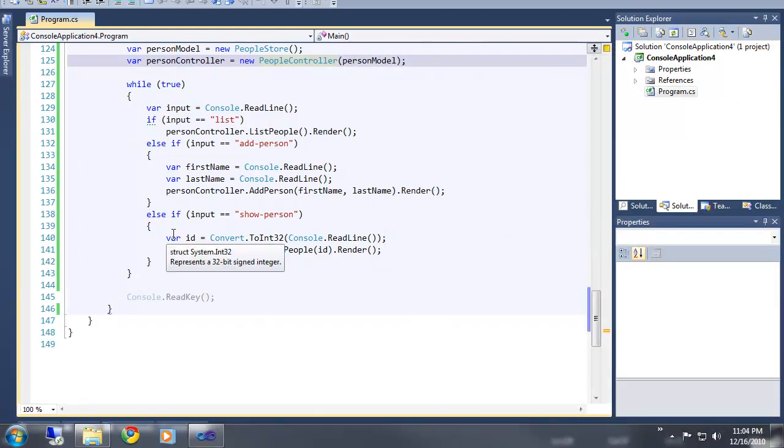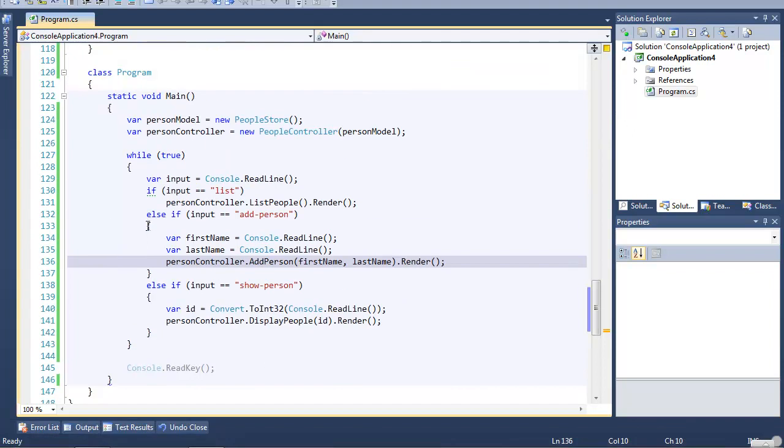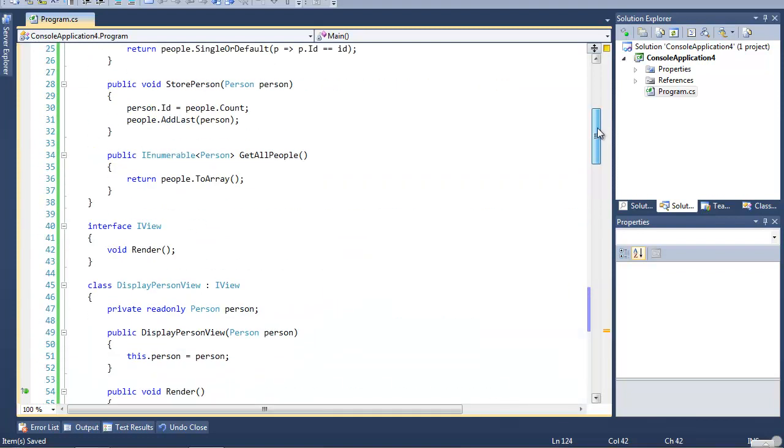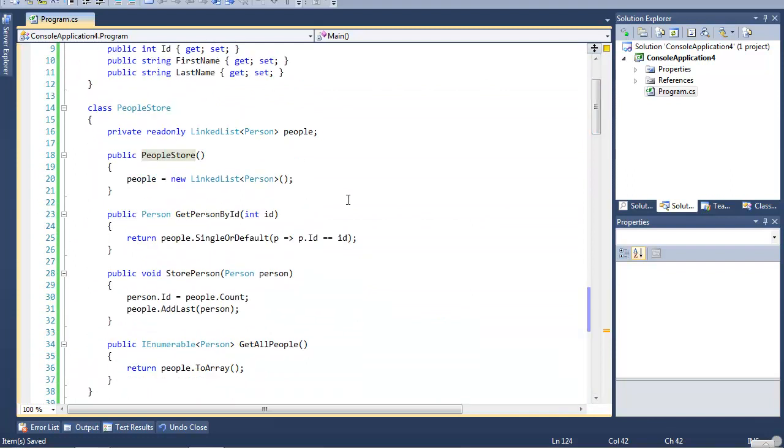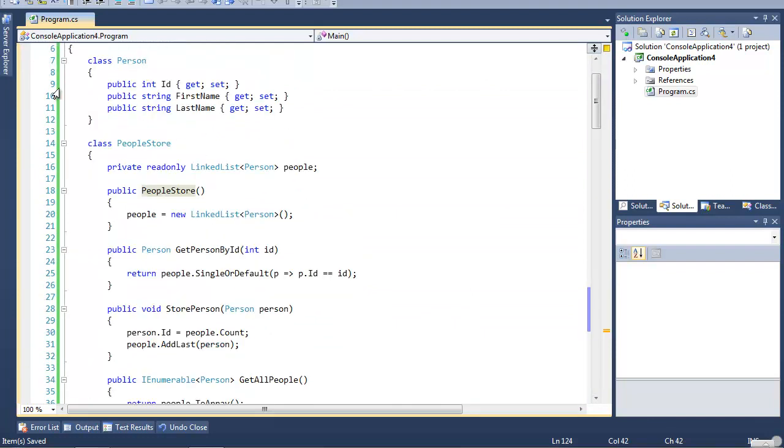So I'm going to try to go through this application, starting at probably main, and then going down. We have the person model, which is a people store. So if we scroll up, we see our people store, and this is what it does. And you'll notice that this